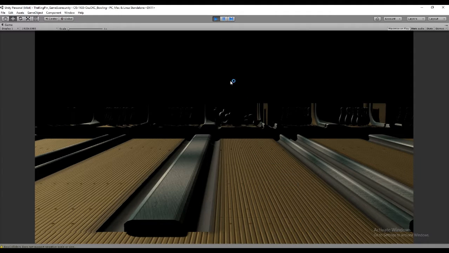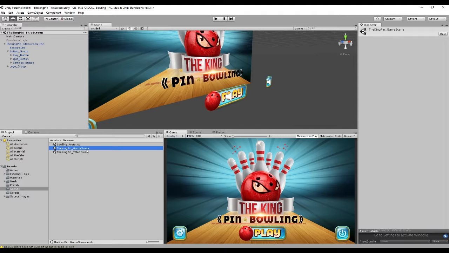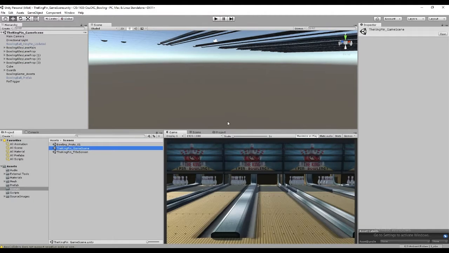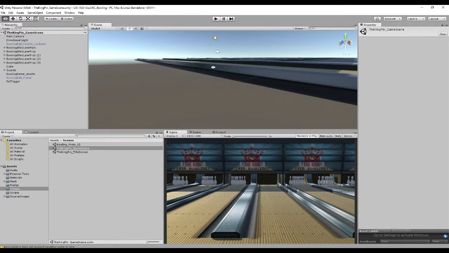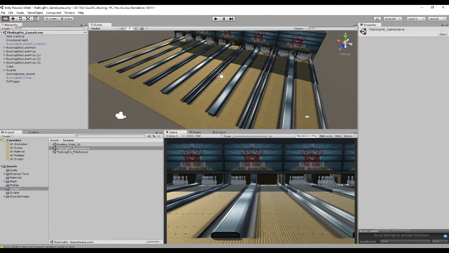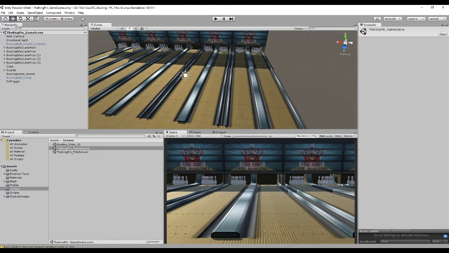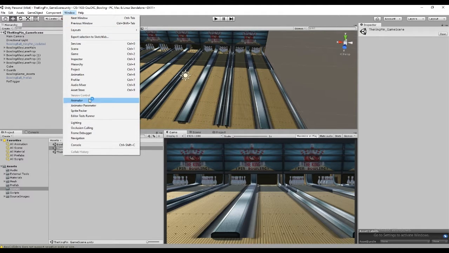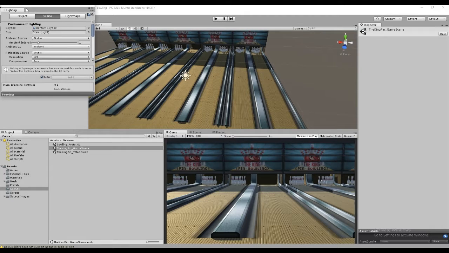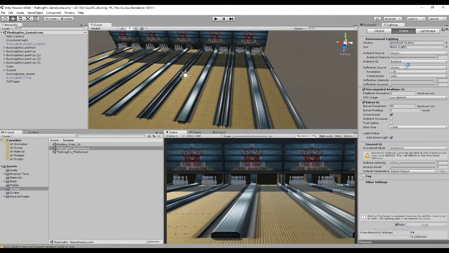So let's go back and fix that lighting issue. So to do that, we just need to make sure we save and go into our game scene. And we need to go to Windows, and we need to go to Lighting. And once we do, we'll see this new Lighting tab. And under the Lighting tab, we have several options. But the thing we want to make sure that we have